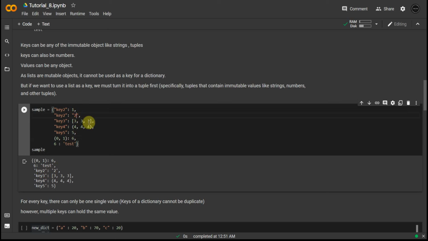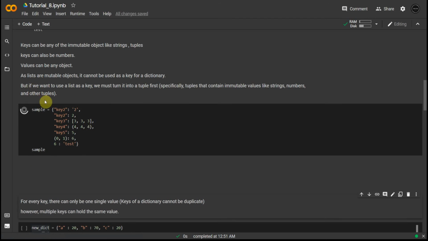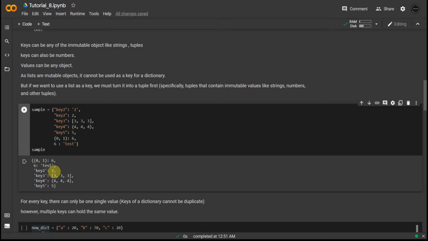If I do this with 2 and 2, it's going to take the value that comes after the first one. Please remember that it's actually appending itself. This is a property of dictionaries, that they can be appended or changed. So it's changing the value of key 2 here. You cannot have two keys with the same name. As you can see, I tried to declare two keys with the same name, but it just changed the value, right? This is really important, and please keep that in mind, right?